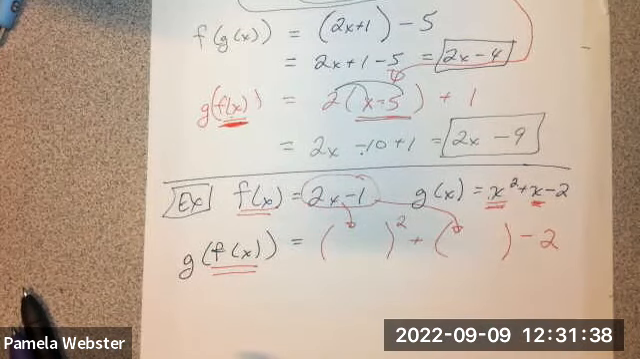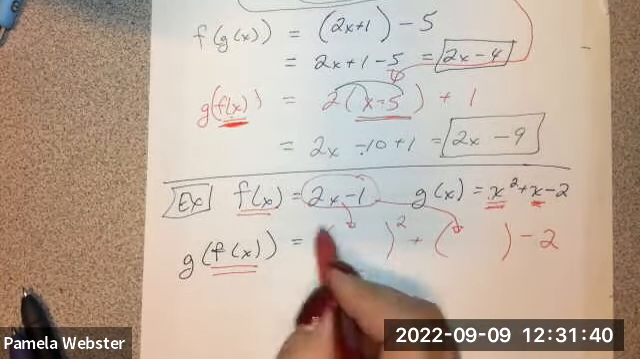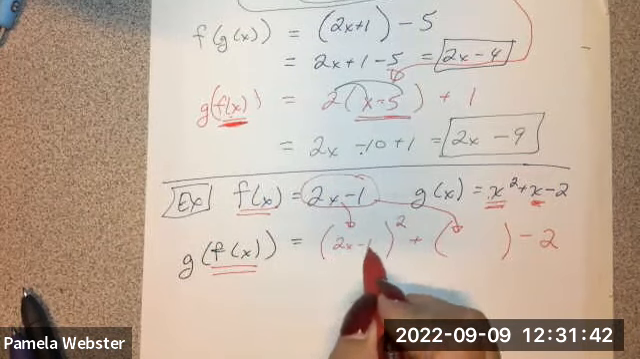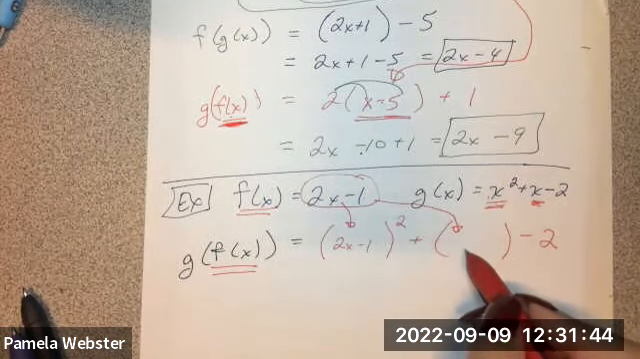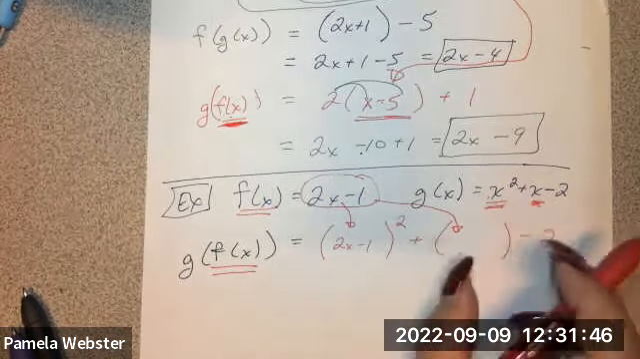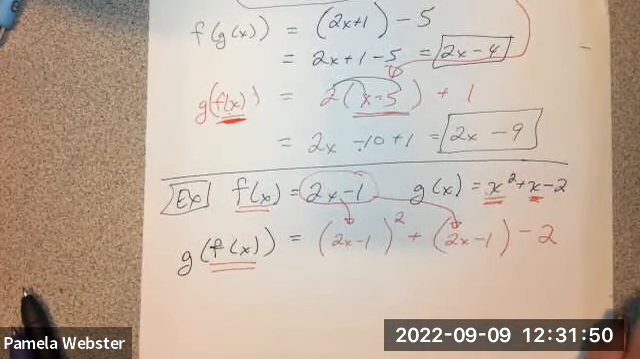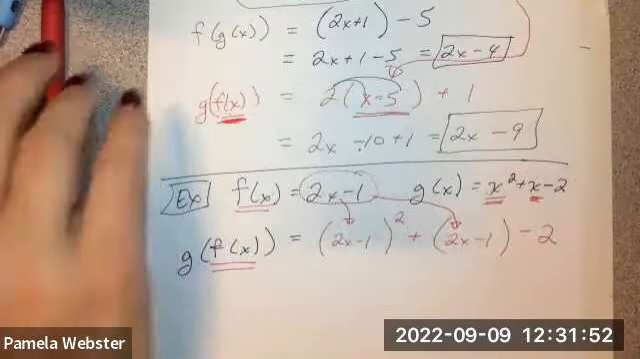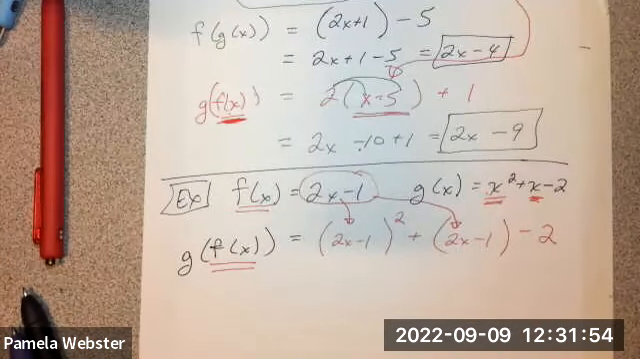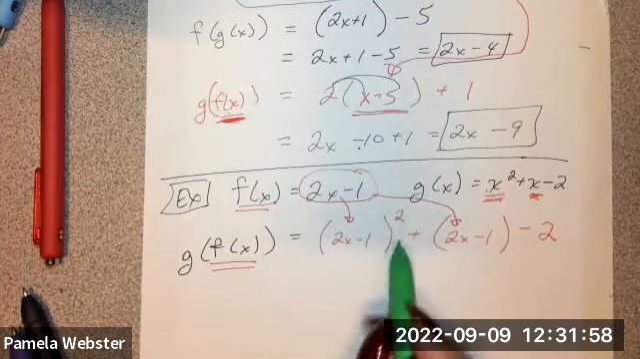So instead of x squared, it's going to be this whole thing, 2x minus 1 squared. And instead of plus x, it's going to be plus parentheses 2x minus 1. And then the minus 2 is just kind of along for the ride. He just sticks back there. No problem. So the reason I want to do this one is because of this little parentheses squared thing going